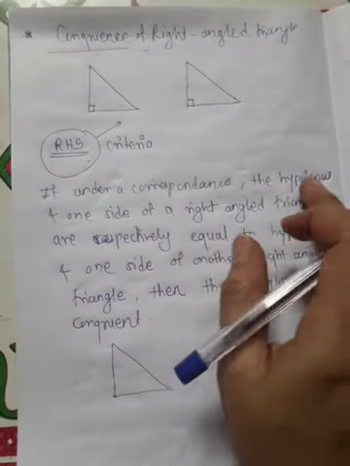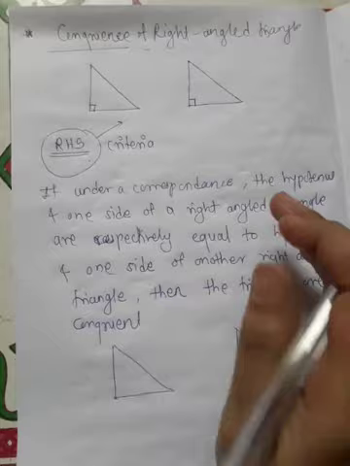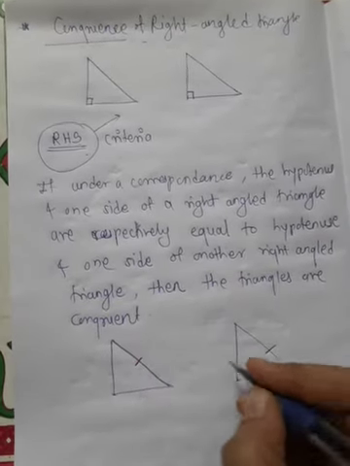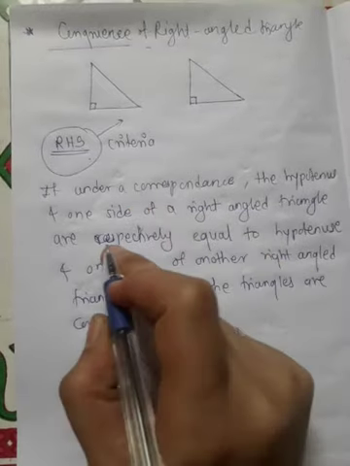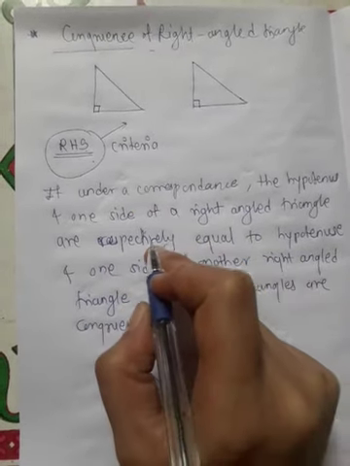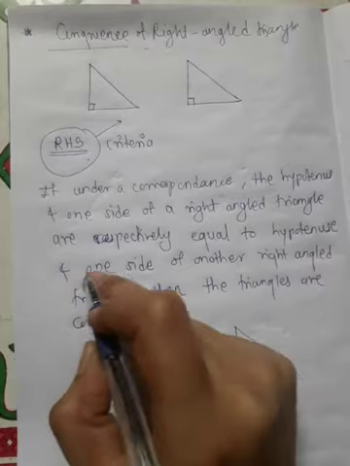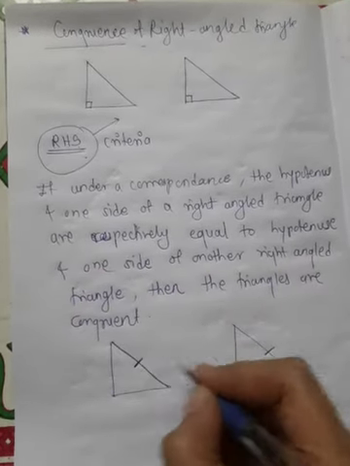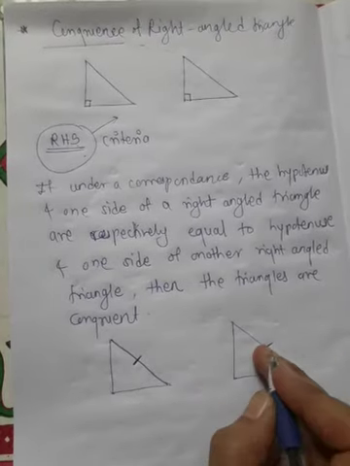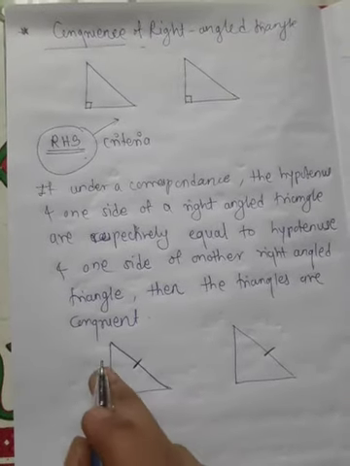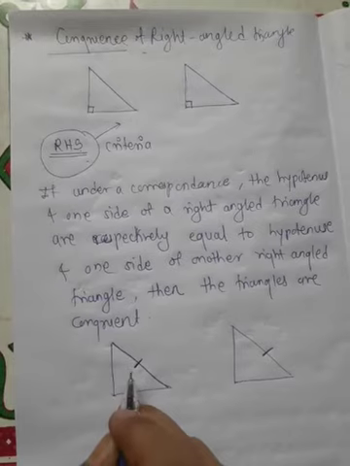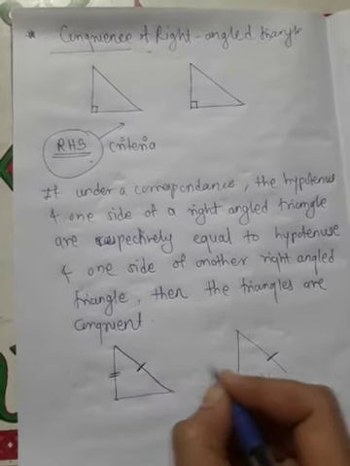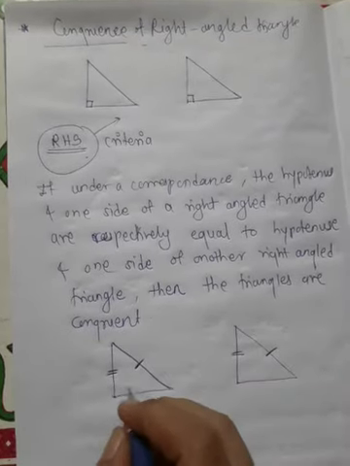See, if the hypotenuse and one side of a right angle triangle are respectively equal to the hypotenuse and one side of another right angle triangle, means if the hypotenuses are equal and out of these two sides, one side is equal, suppose this side equal to this side,